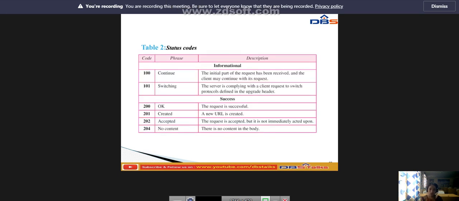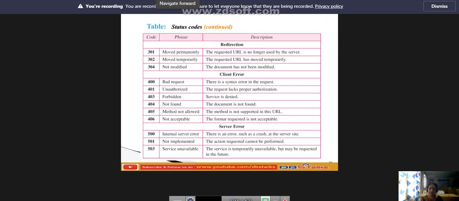This is the status code. Okay, next in this status code we have the code, phrase and description. So we have the codes 100, 101, 200, 201, 202, 204. So these are the different codes we are having. So 100 means continuing, 101 means switching, 200 means okay. So these are the different things. This is the informational part of the status code, and this is the success part of the status code. Okay, and this is the